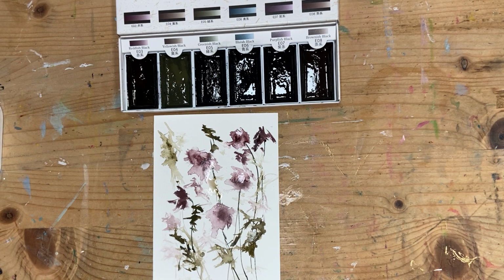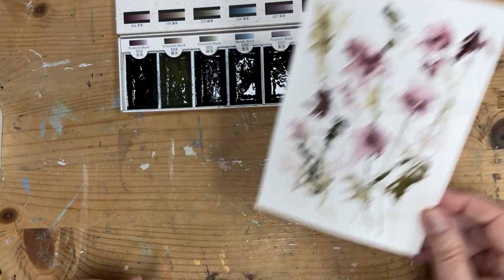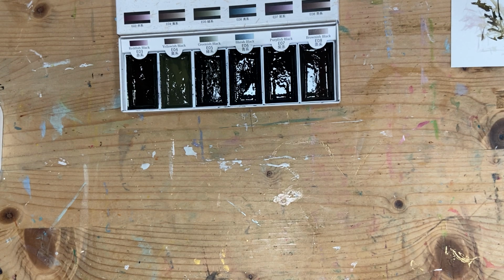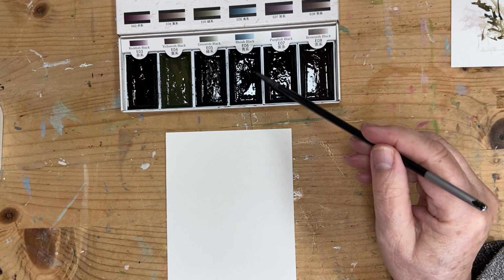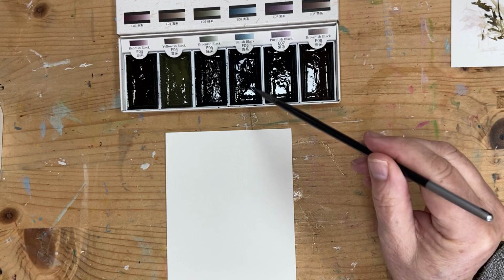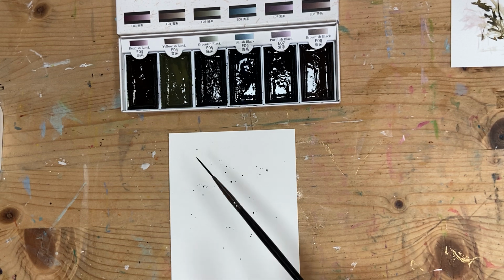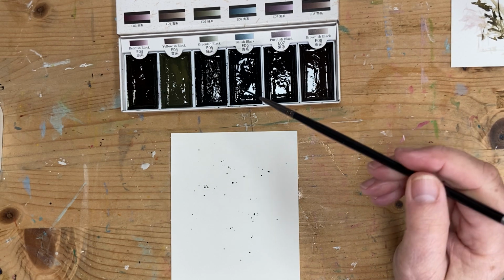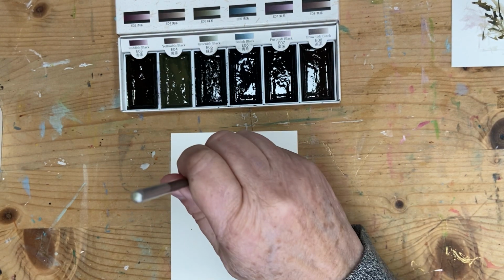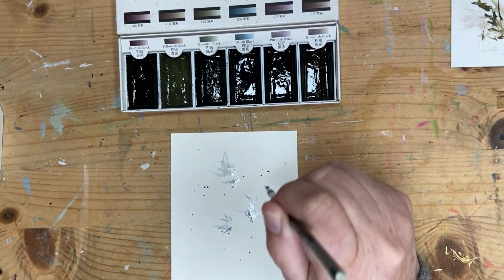Okay, now I'm going to set that aside because I think I'm just going to do two colours as a combination. So I'll set that one aside, and I'm going to get a new piece of watercolour paper, and this time I'm going to use the bluish black. Now I'm just lightly activating my brush, and this time I'm going to splatter, just lightly splatter. Pick up some more water with my brush, just lightly clean it out, and then again I'm just going to do this pushing motion on the splatters, just exploring, playing, seeing what we get,